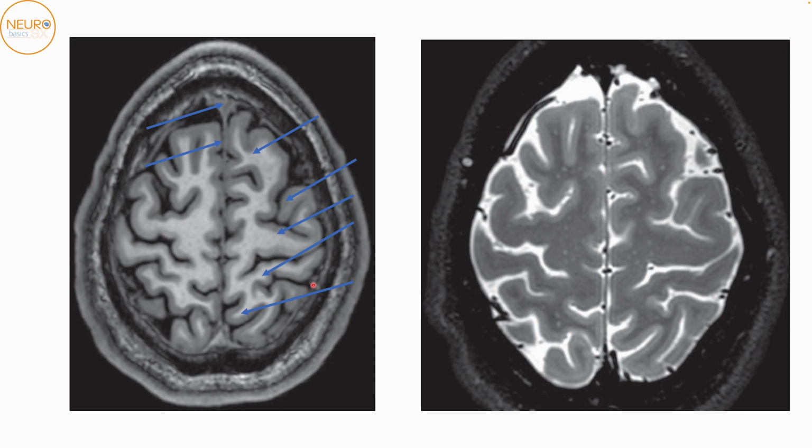I don't think it's necessary for me to describe the basics of MRI at this moment, but just as a reminder, on T1, gray matter will be gray and white matter will be white. On T2, gray matter will be white and white matter will be gray. Okay. So, with the axial imaging, we're going to be starting from as superior as possible